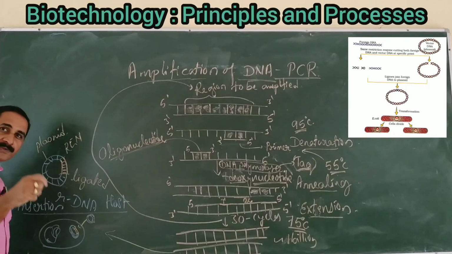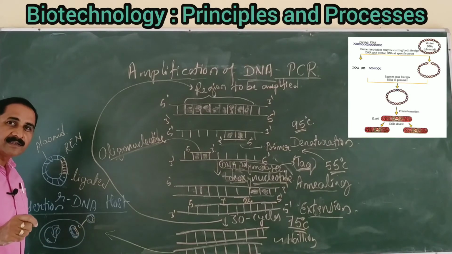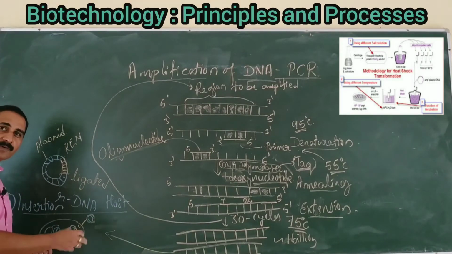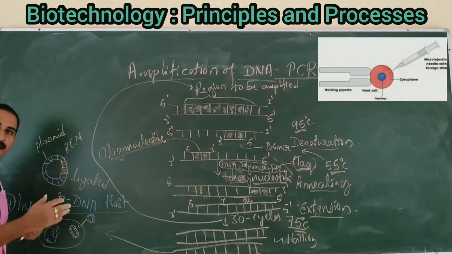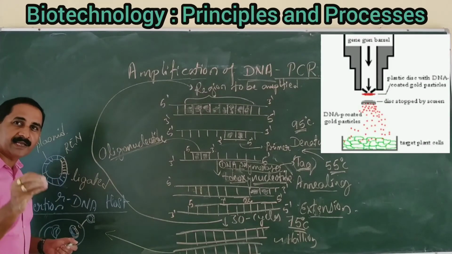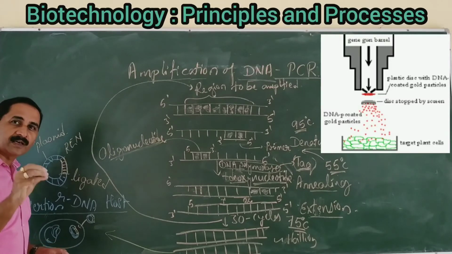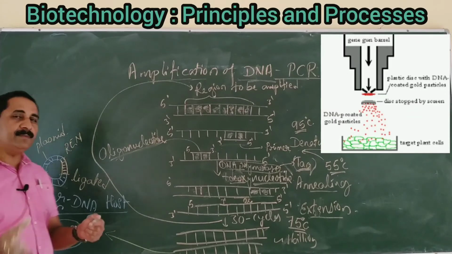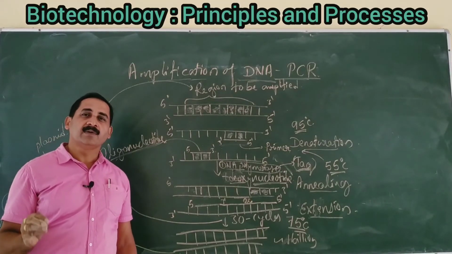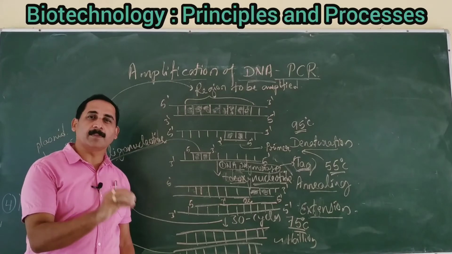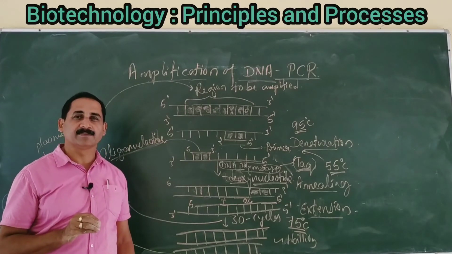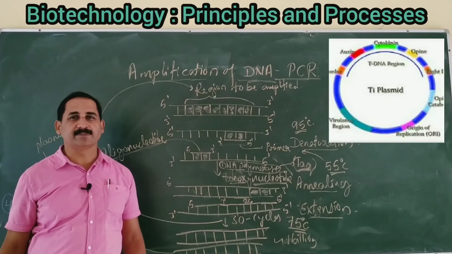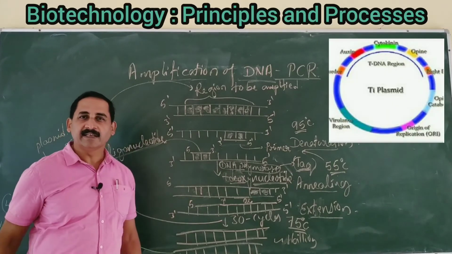In bacteria, we use the divalent cation calcium with heat shock treatment. If it is an animal cell, we use the micro-injection method. In plant cells, the cell is bombarded with high velocity particles of gold or tungsten coated with the DNA. That is the gene gun method. In animal cells and also in human beings, we use a disarmed pathogen, usually retroviruses. And sometimes in plant cells, we use the Ti plasmid, which delivers the tDNA.